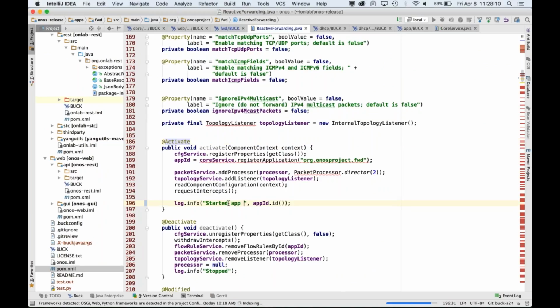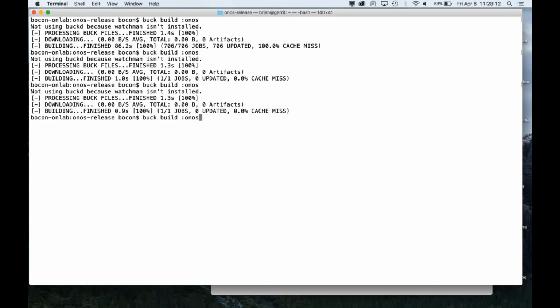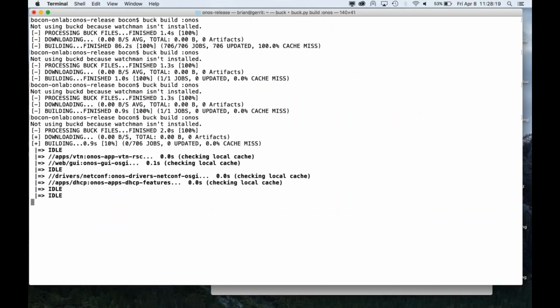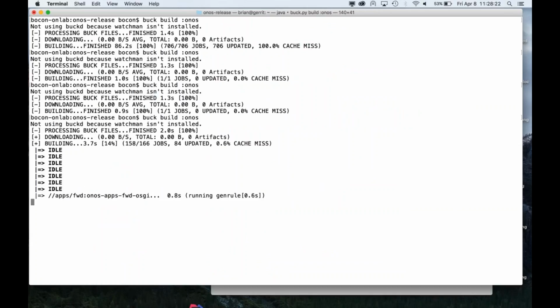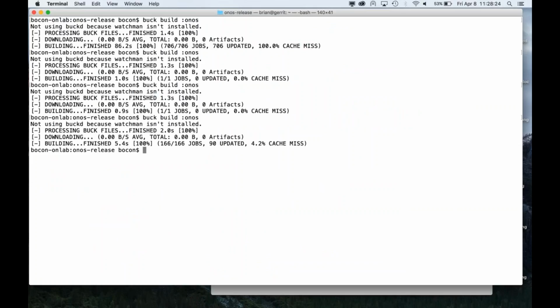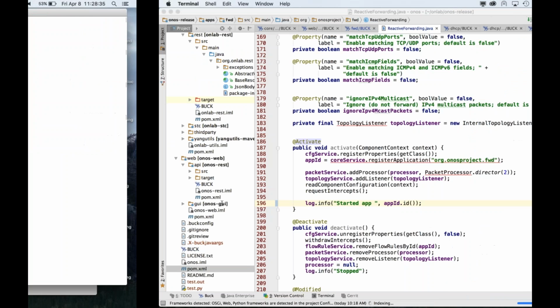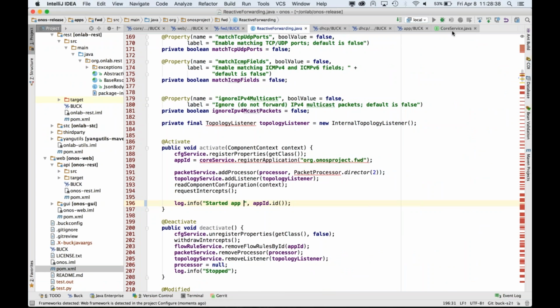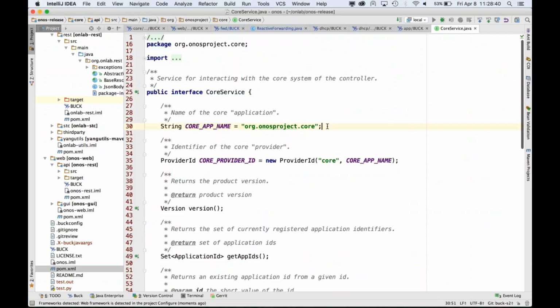Started app, whatever. So I made a code change and we'll rerun the build. It will go through and figure out, okay, well the inputs for some of my build rules have changed. So I need to rebuild the app forwarding thing and be done. 5 seconds. Now, the thing is, that's a root level one, so there wasn't really much work to do. If you make a change at the API level, there's going to be more stuff that it depends on, but just to show you that Buck will go through and do this, if we add a method here,